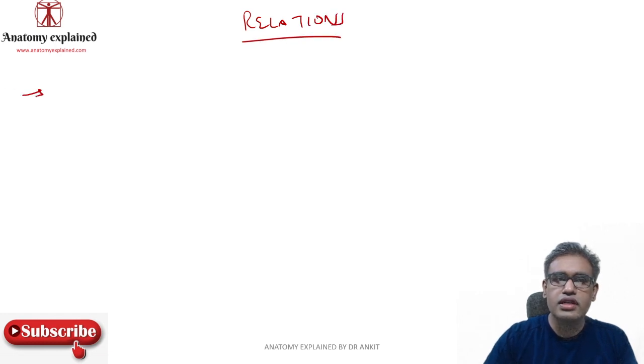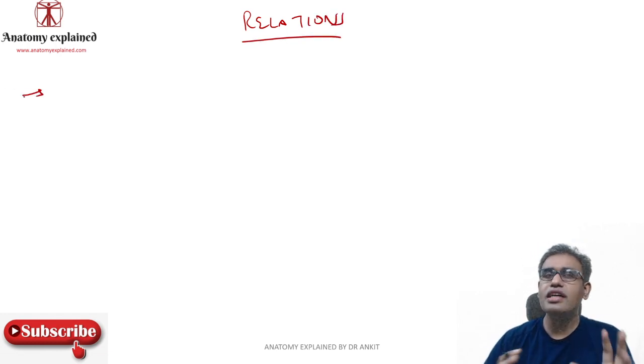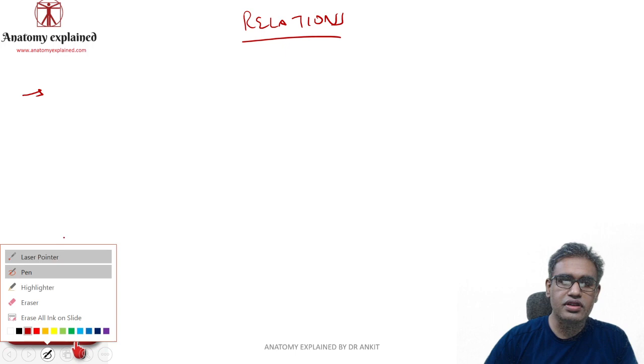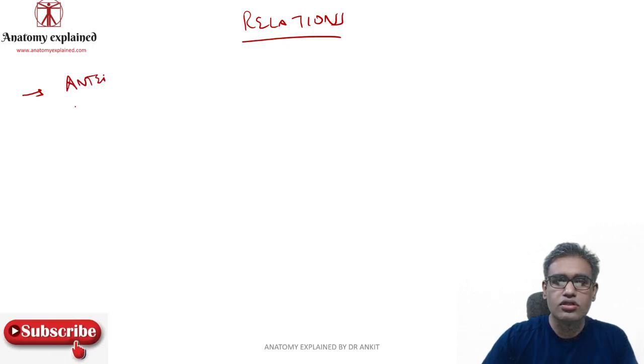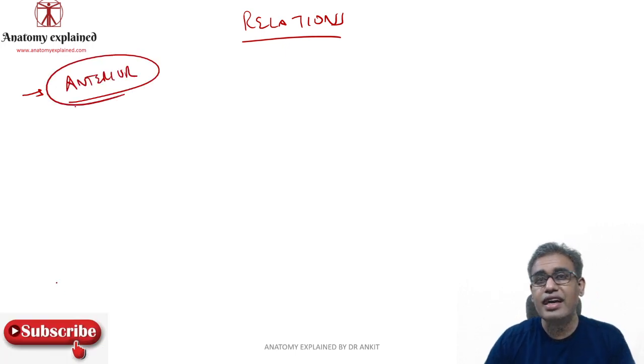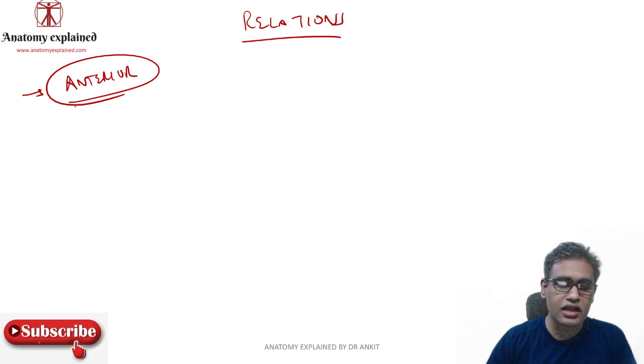As I already told you, it is a secondary retroperitoneal organ, so peritoneum is covering right in front of it. So let us first of all start with the anterior relations. What are the structures lying anteriorly, right in front of the pancreas? So here if we try to make the pancreas again over here,